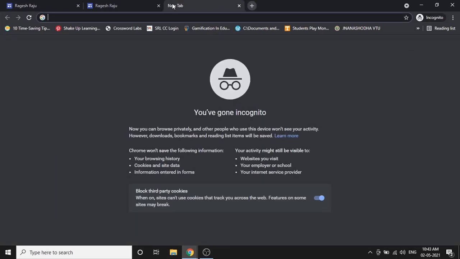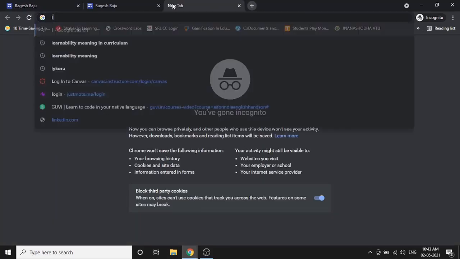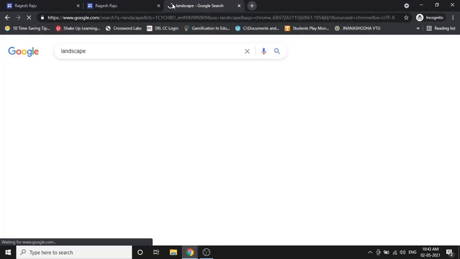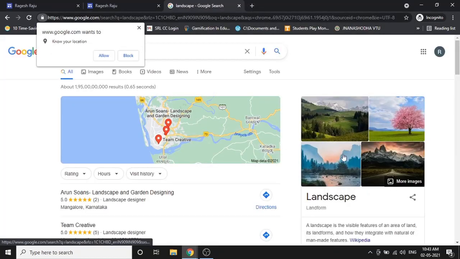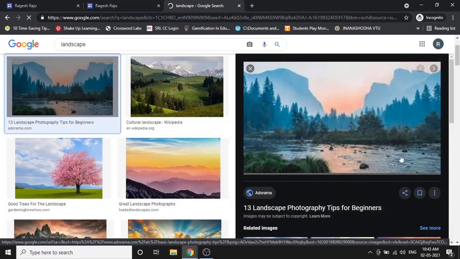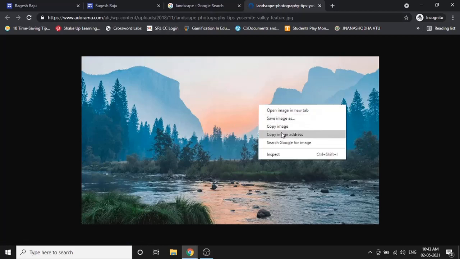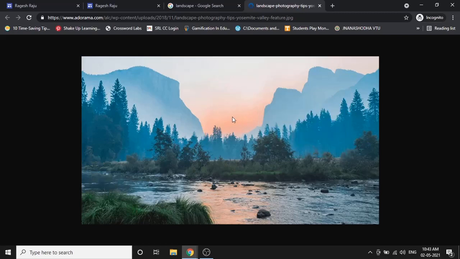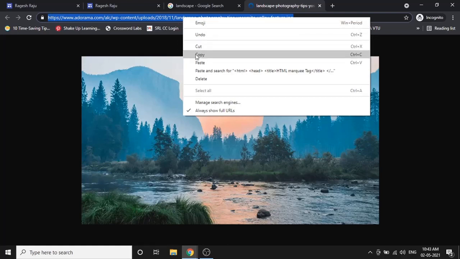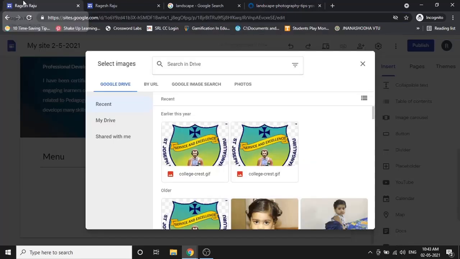Okay, so by URL, if I want to show a landscape, okay, so I will just select this particular picture here. Okay, so this is an image which is there in another website. Okay, you can do multiple options. One option is right click and save this image and you can upload it there. Otherwise, when you open this particular image, you get an address of this image where this particular image is stored. So this is called a URL. So if you have this address, just copy this address,